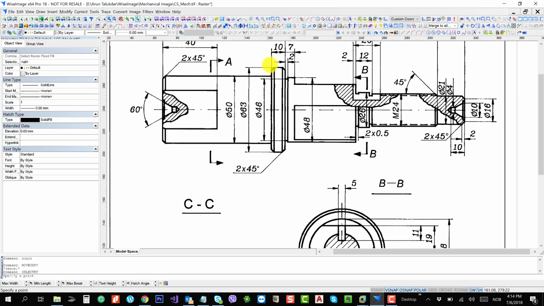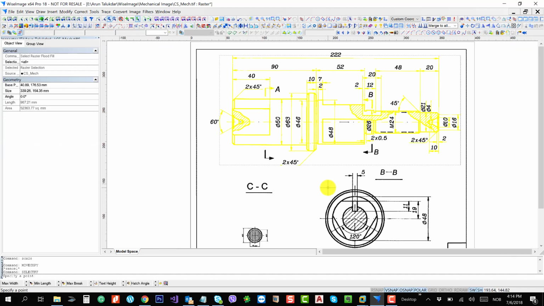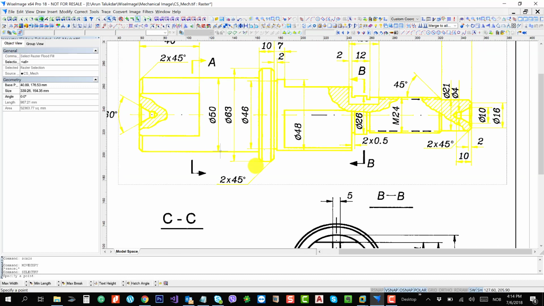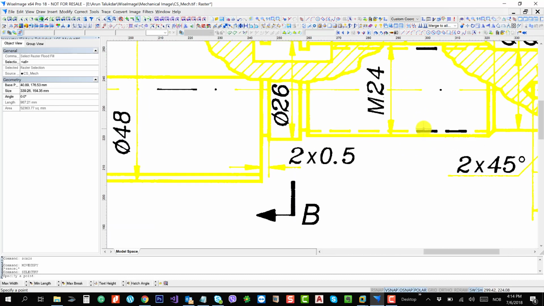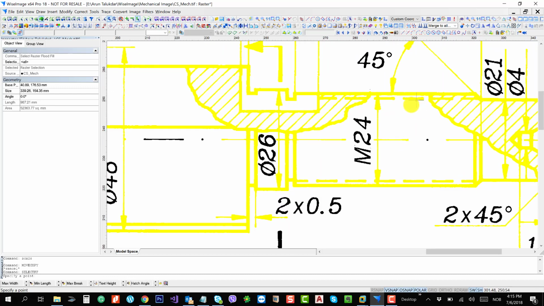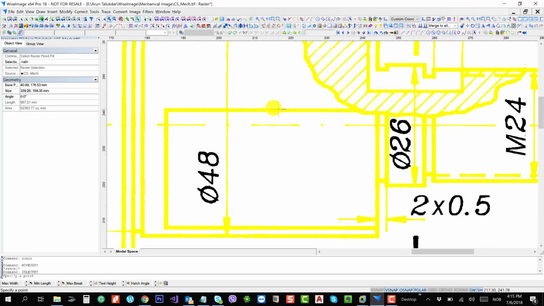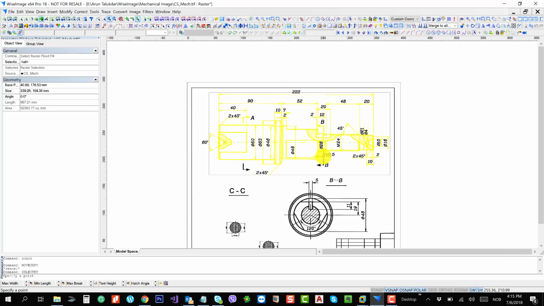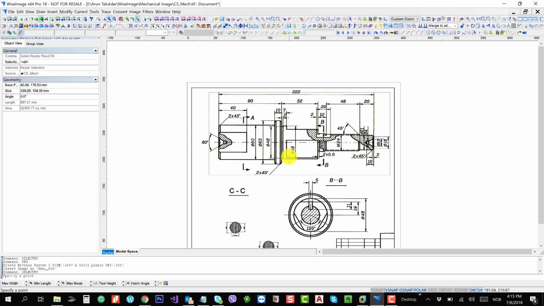We can select the entire assembly like this to move the whole thing, or to make separate images. You can hold the shift key on the keyboard like this. I just hold the shift key and then select. The portion is not included in the selection, so in this way you can select. And the best part is that you can actually make a separate